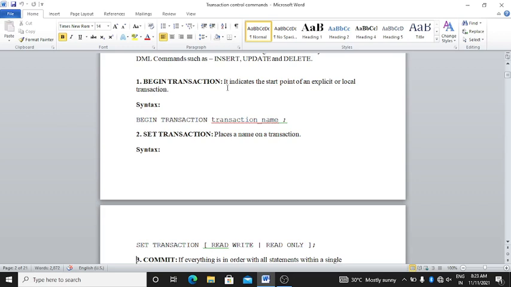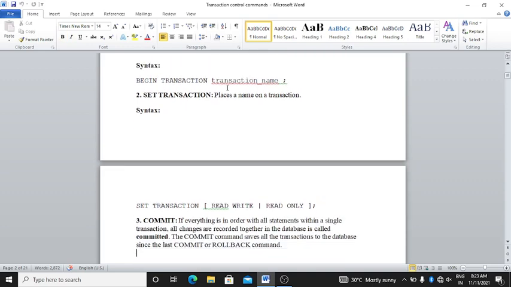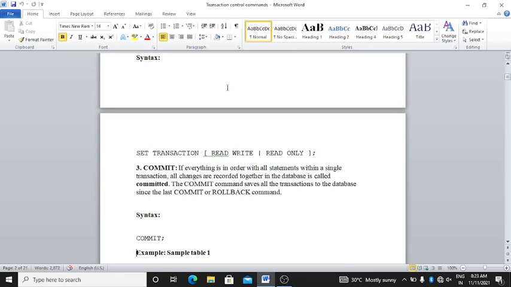Here we can place a name on a transaction. The syntax for set transaction is: set transaction read write, or read only. Bracket complete. This is the syntax for set transaction.